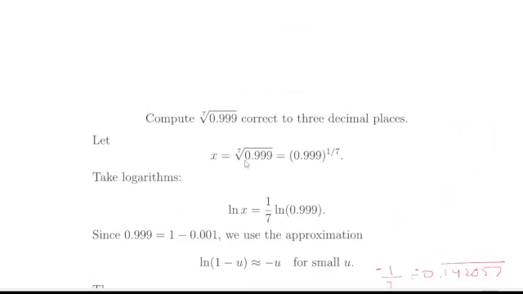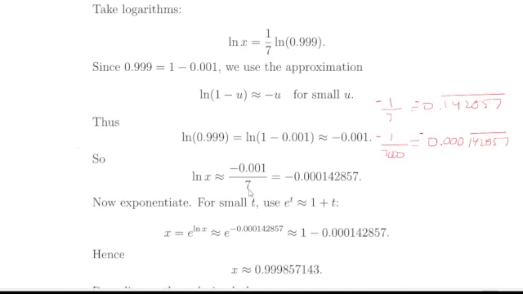Because remember, x was the 7th root. So we have to undo the natural log by taking e to both sides. So e to the natural log of x is just x. And then we'll get e to the negative, whatever we just calculated, negative